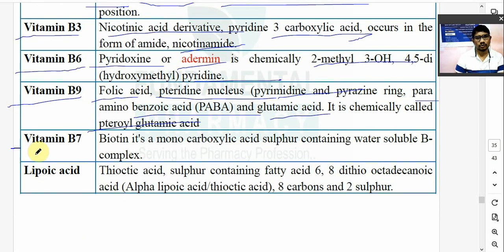विटामिन B7 जो है उसको बोलते हैं अपन बायोटिन. It's a monocarboxylic acid, sulfur containing water soluble vitamin, right. इसमें दो रिंग होता है, thiophene ring और imidazole ring. ये भी ऐड करने पड़ेगा इसमें. I will add thiophene ring and imidazole ring, they are joined together, okay, and only sulfur containing